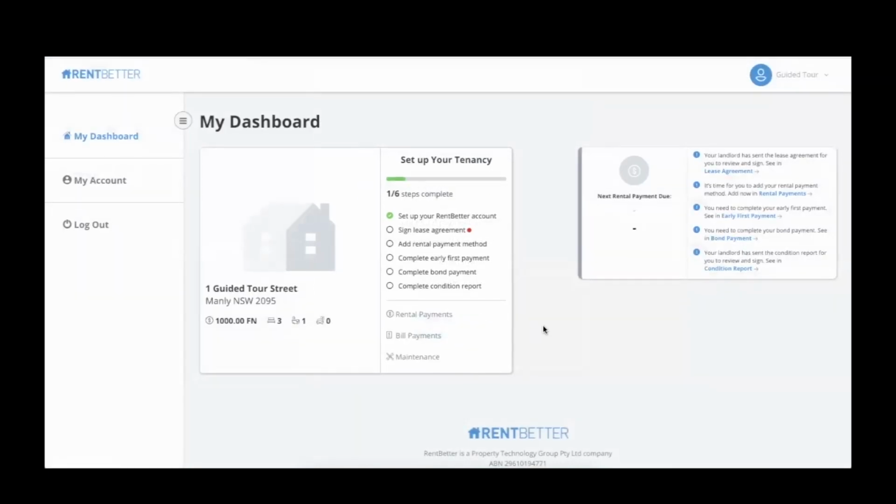Then they'll be brought to their My Dashboard page, which looks very similar to your My Properties page. But because they just have the one property that they're living in, they just have the one property card. They have a side navigation like you do where they can get back to their account. And they also have a notifications area on the right side of their dashboard,